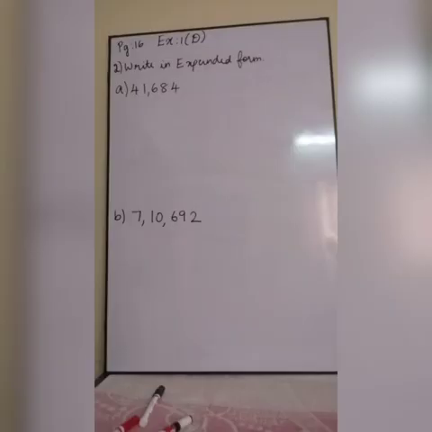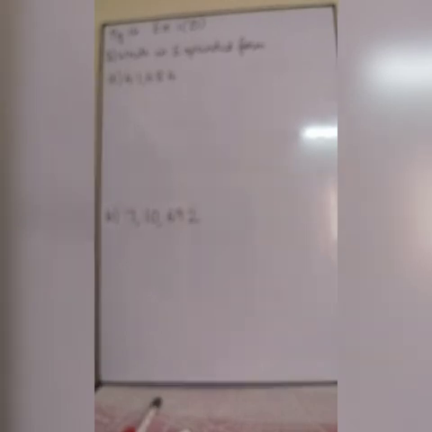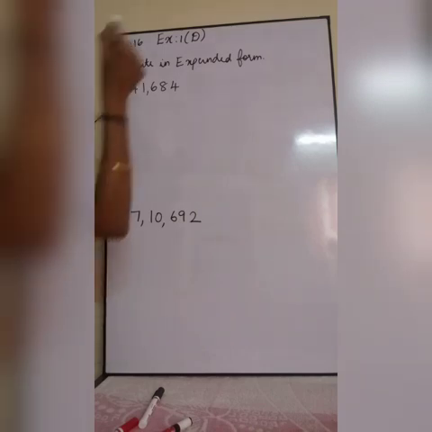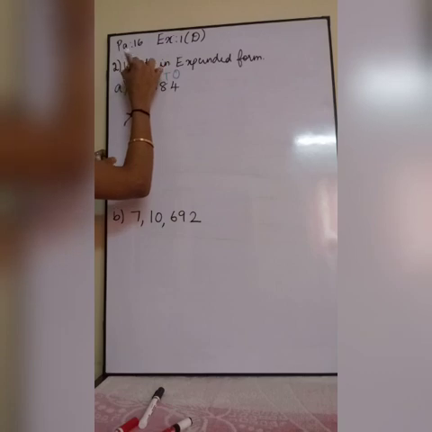Second question is write in expanded form. Expanded form means what? We have to expand that number. This number you have to expand and write. I will give you two different ways, or you can write 3 different ways also, or 1 way also. If they mention to write in 3 different ways, you should write all 3. If they didn't mention, you can use any 1 or 2 as you wish. So I am going to write the place values: ones, tens, hundreds, thousands, 10,000.